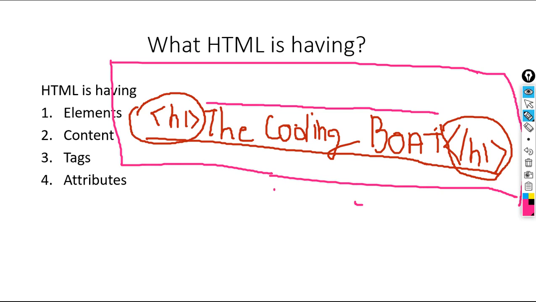So element is combination of opening tag, closing tag along with its content. Okay, now let's move on.